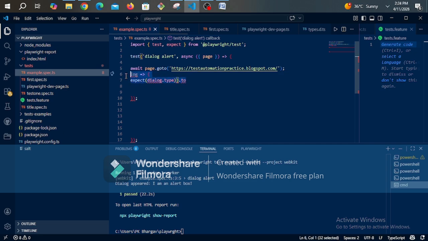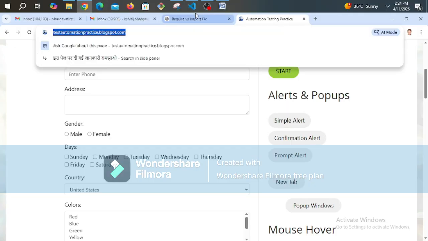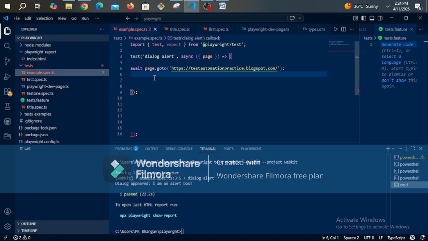Give me a few seconds, I'm deleting the previous code. Here I have already launched this URL. You can see the URL is already there. I copy pasted it from here. Now we need to create the dialog handler here. So how can we do that? First of all, we can do it like